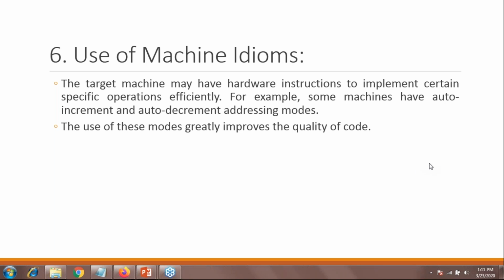I plus plus or I equals I plus 1, which is cheaper? It is the inbuilt functionality. The machine just needs to identify which one is beneficial. We don't need to write I plus plus or I equals I plus 1, because it is already there in your machine. You just need to go with your code only. No need to increment the addressing mode, no need to decrement the addressing mode. Am I clear?